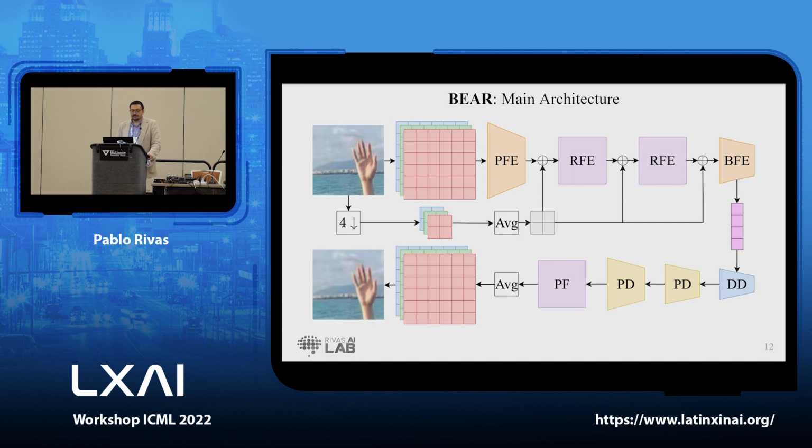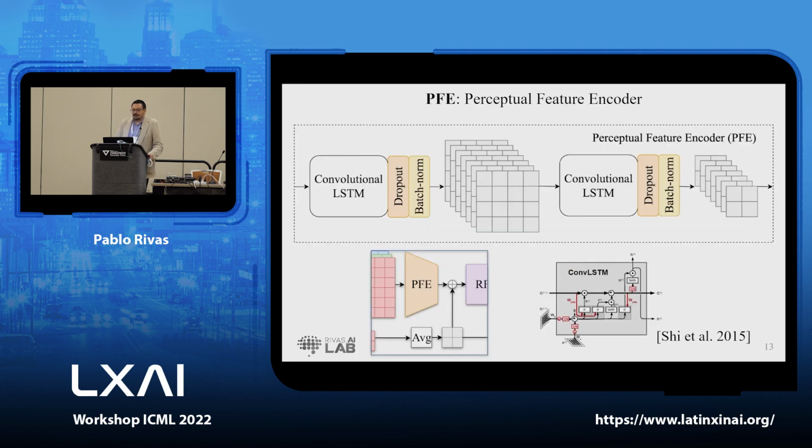So let me explain these parts really quickly. The first piece of it is what we call a perceptual feature encoder. Its success, as we believe, is based on a convolutional LSTM, a rather forgotten element in machine learning and computer vision.